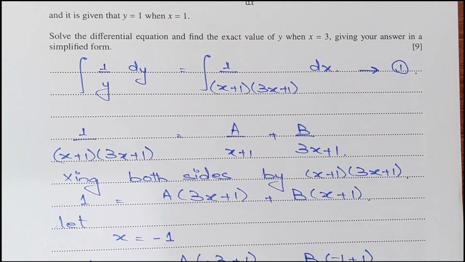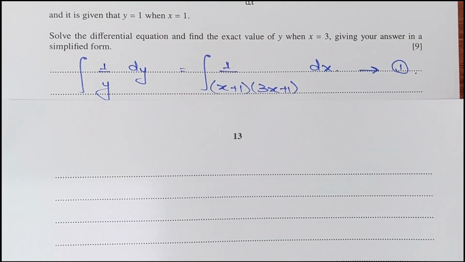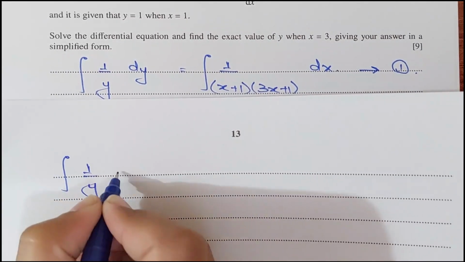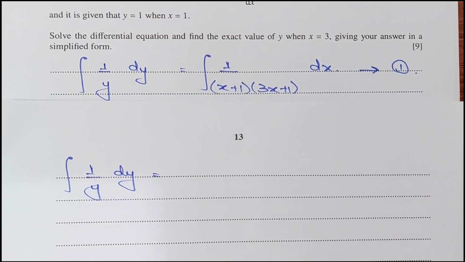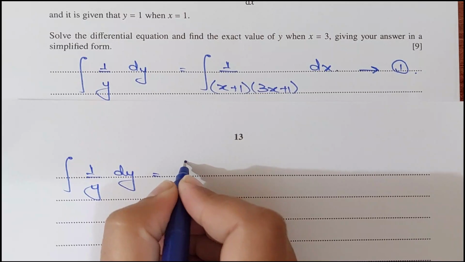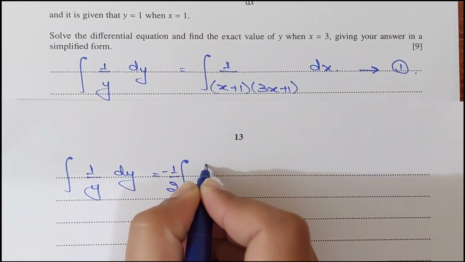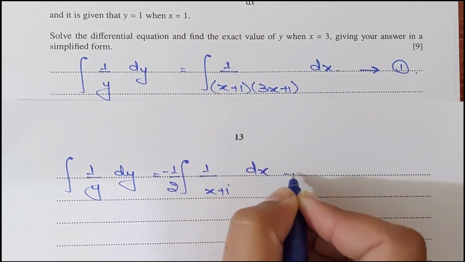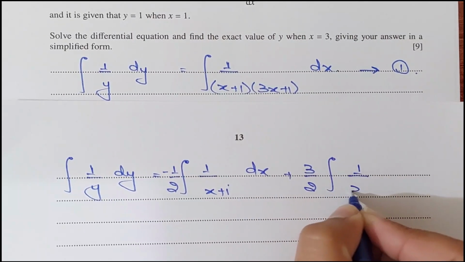So if I can rewrite my equation 1, we have the integration of 1 over y dy equals the integration, minus 1 by 2 is outside, the first root is 1 over x plus 1 dx, plus 3 by 2 is outside, and the second root is 1 over 3x plus 1